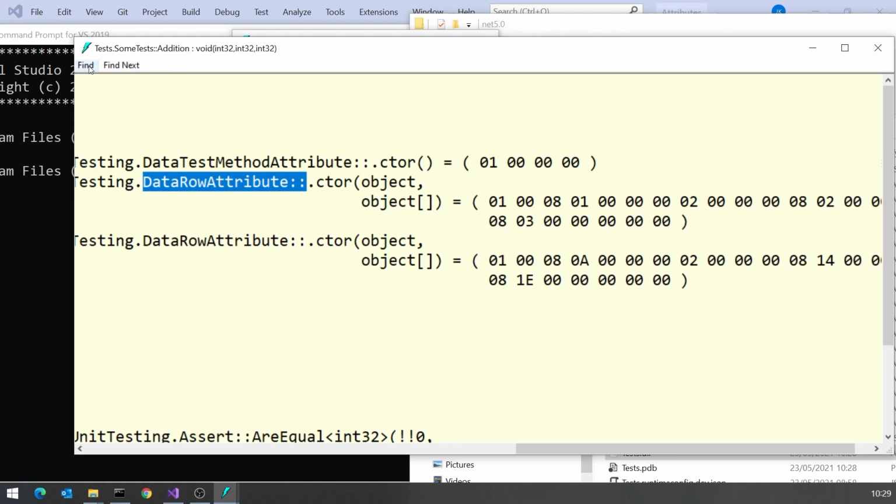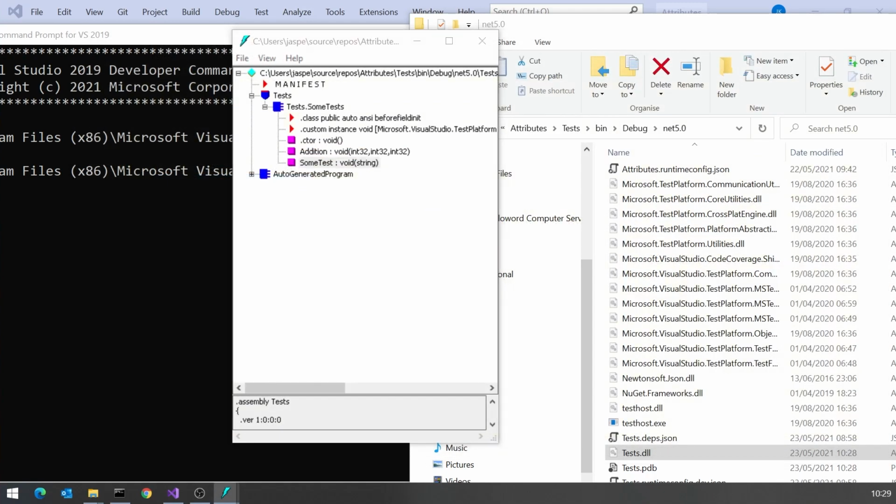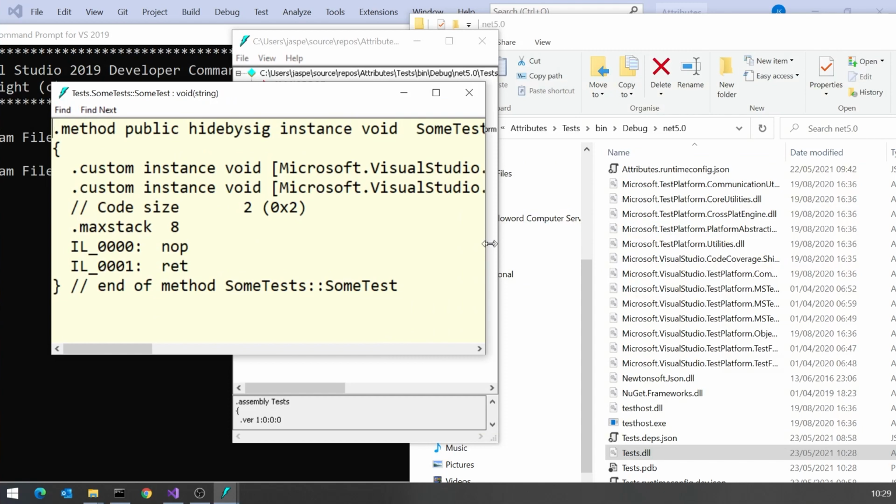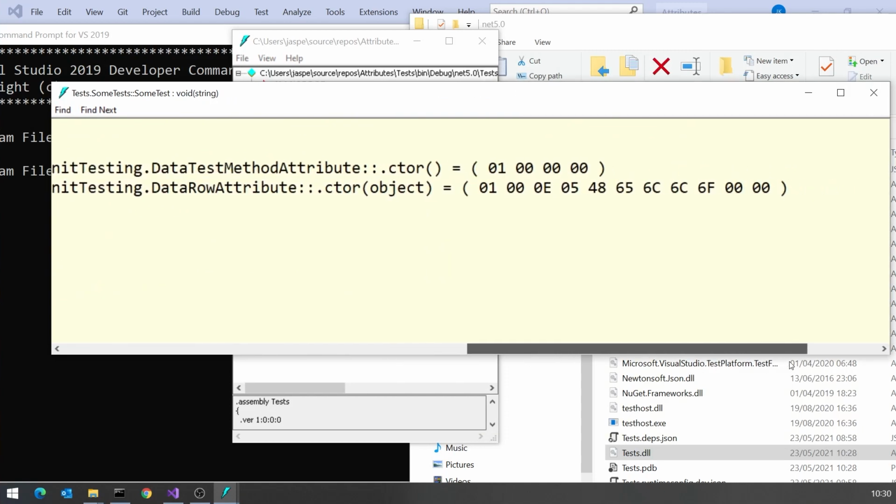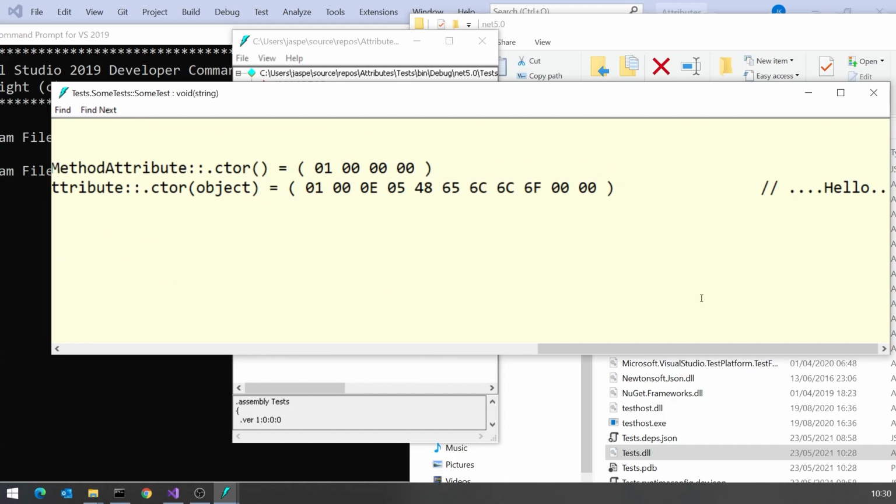If we take a look at the string one, we can see in this case it's got the attribute, and there we can see it's got the hex, and in this case actually showing us that it has a value hello. But the problem is, this is what is known as metadata, data that can be embedded in the DLL as information about, in this case, the method. And we are restricted: metadata can only refer basically to fundamental types, which are ints and doubles and some things like that. Strings count, but decimals do not.